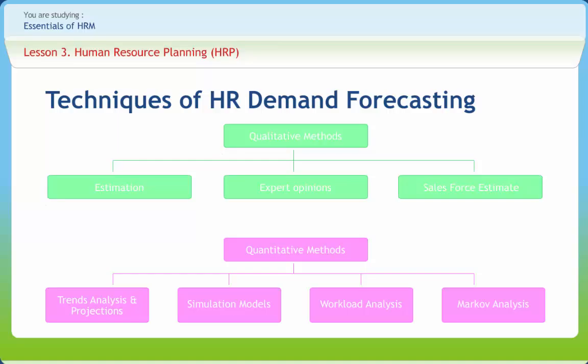The next technique is workload analysis. This method makes use of the information collected by job analysis to estimate future HR demand. It makes use of ratios like average employee productivity to forecast demands. The last technique is Markov analysis. This technique analyzes the movement patterns of employees from one job to another to establish transitional patterns based on which